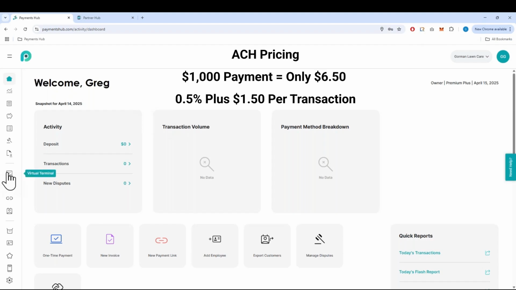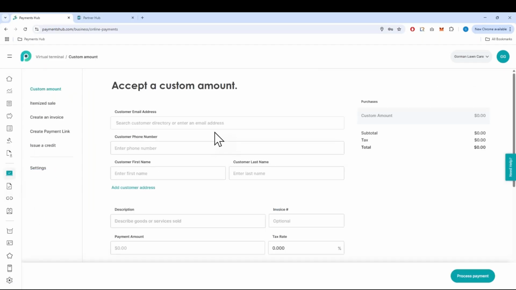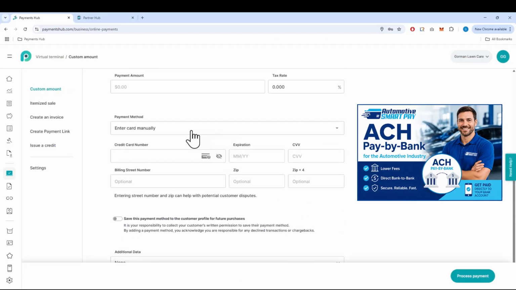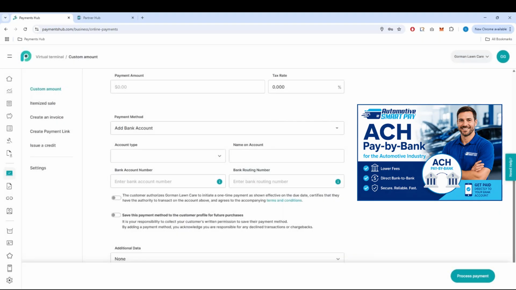So with this, I'm just going to jump into virtual terminal first, because the easiest way to see what's going on here is with any of these transactions that I'm running. The main difference adding an ACH is in our payments method section. In addition to the ability to process card manually, use a card reader, we now have the ability to pay using bank account. So in this case, if a customer is on the phone with this merchant, making a payment,